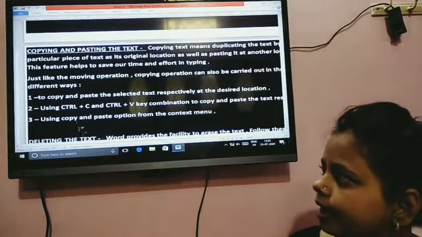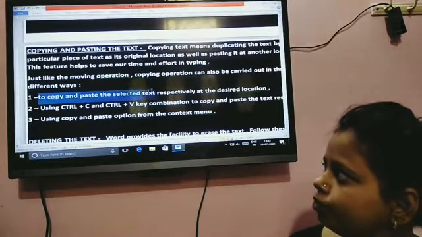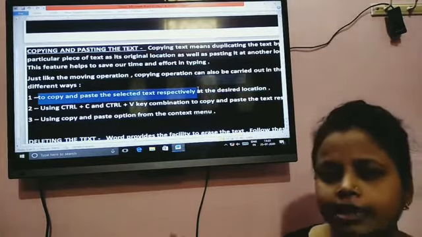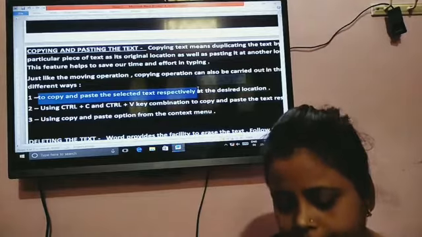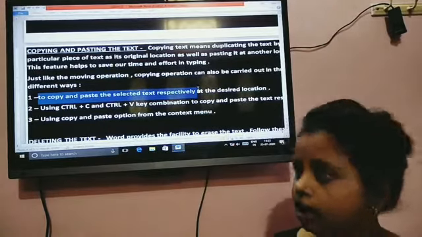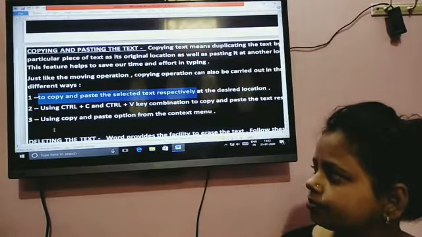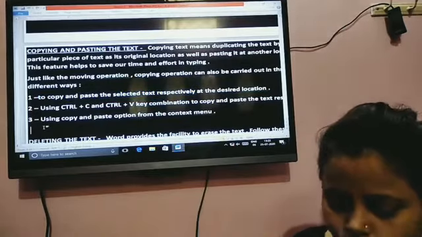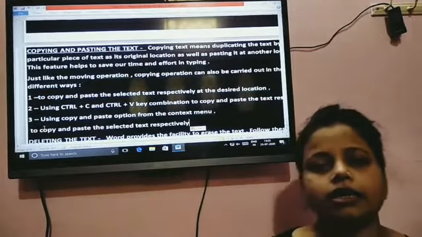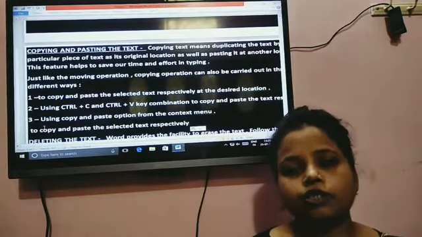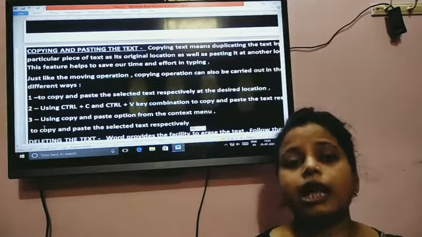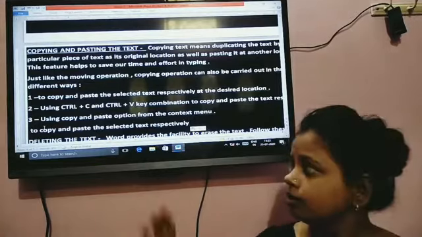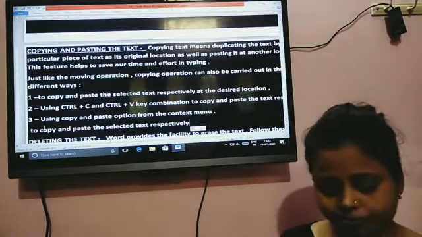Second way: first select the text, and then using your keyboard press Ctrl plus C and then press Ctrl plus V. It is the same work.